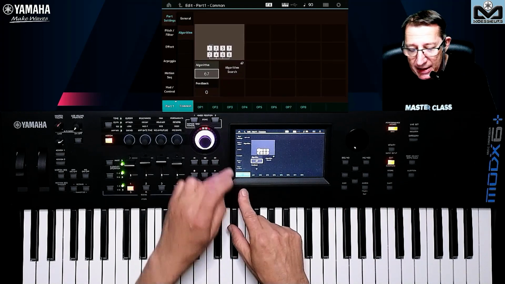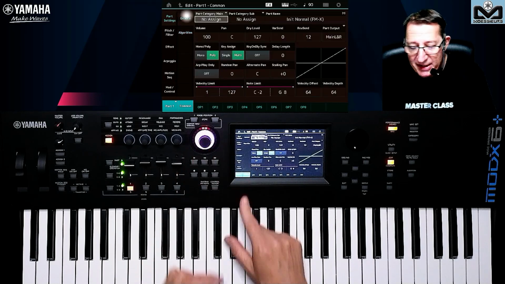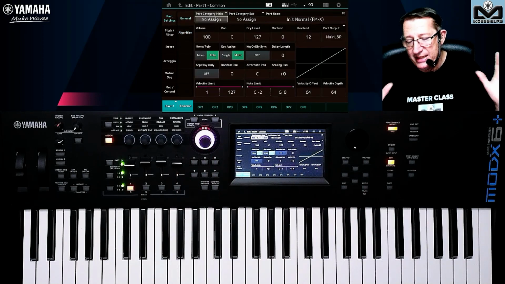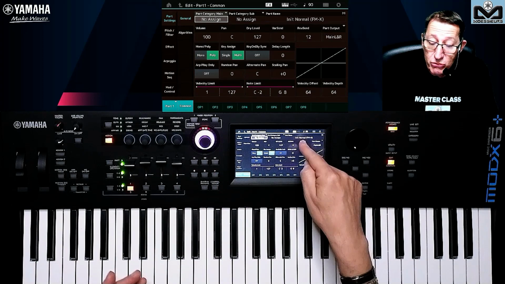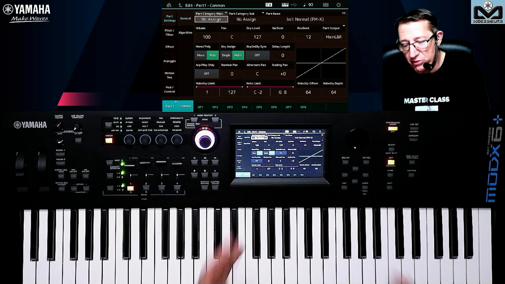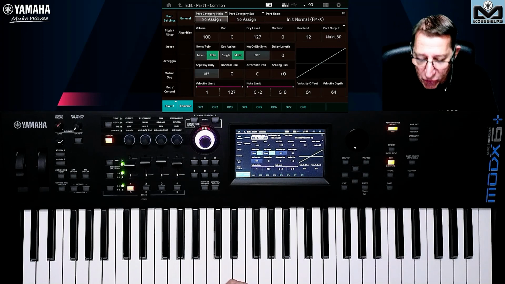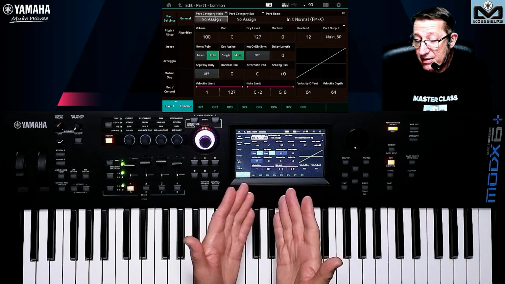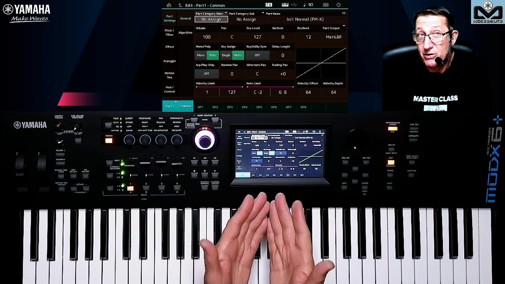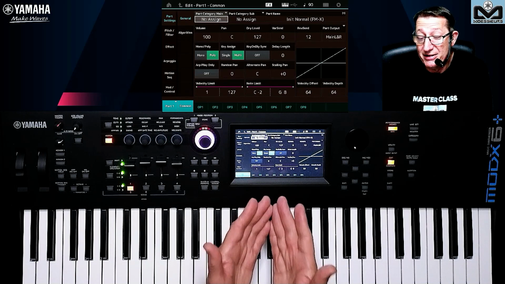And we go here to the part settings. If you see, here in the part settings in general, you are near the AWM2. It's nearly the same thing, except that you do not have a waveform, because we produce the sound through FMX synthesis, of course. But you have the same screen with this color font, which is the color of the DX7 at the release.